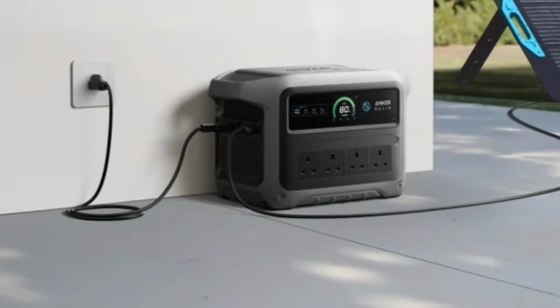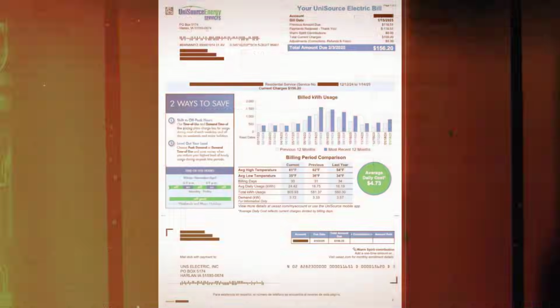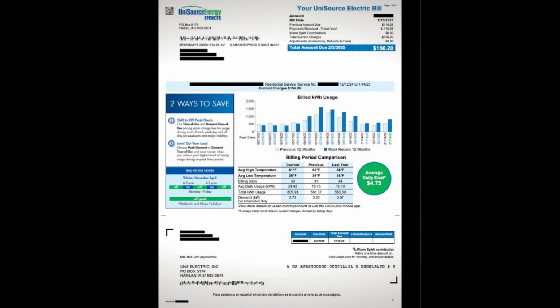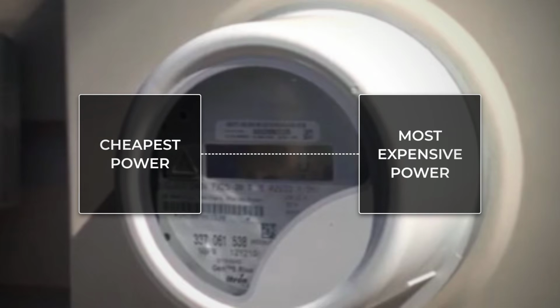It doesn't generate a single watt of its own power. It doesn't need the sun. It doesn't need the wind. It simply exploits a hidden pricing gap that utility companies have quietly built into every American's electricity bill for the last 20 years. Buying power at the moment it's cheapest and giving it back to your home at the moment